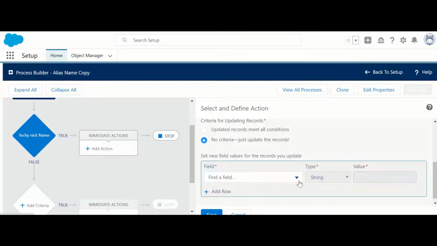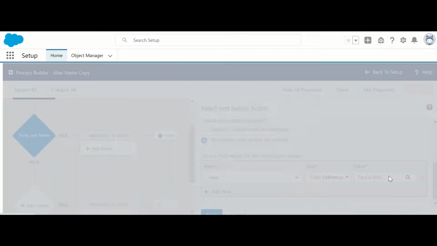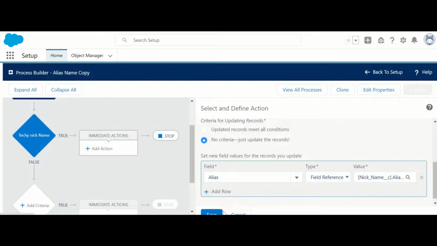Find a field to update. We are going to update the alias of all nicknames with the alias of that Techie record. Select field reference, find a field, select alias here and save this.